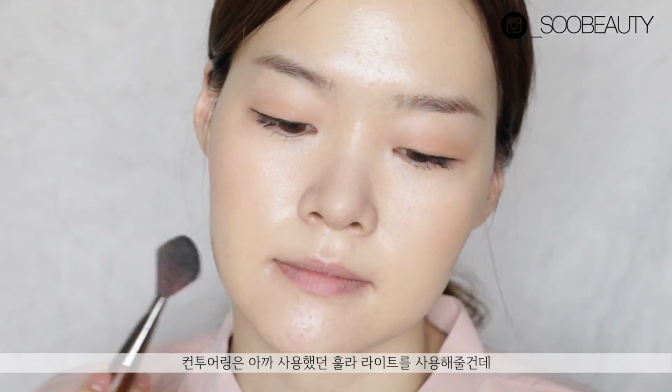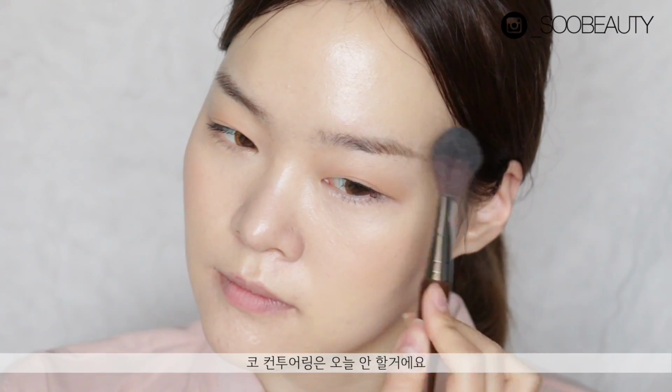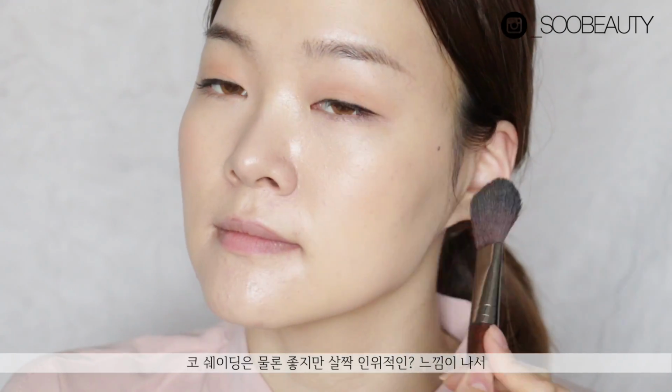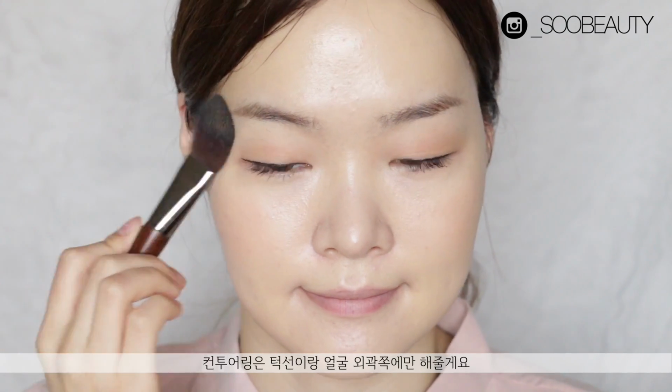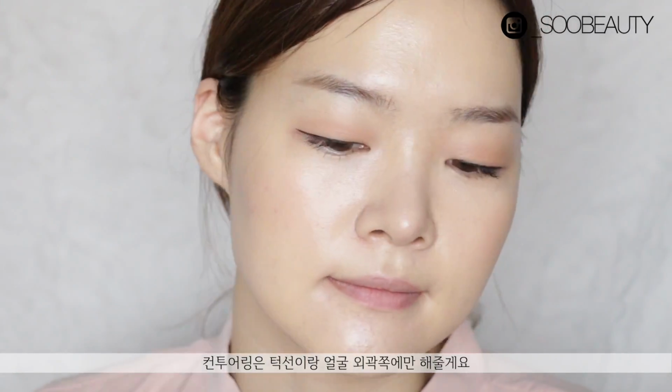For a contour, I'm going to take Hoola Light by Benefit once again, and I'm actually going to skip nose contouring just because it does give you that put together look, but I'm just going to focus it on the jawline, on the outer parts of my face, and just really go in for a light